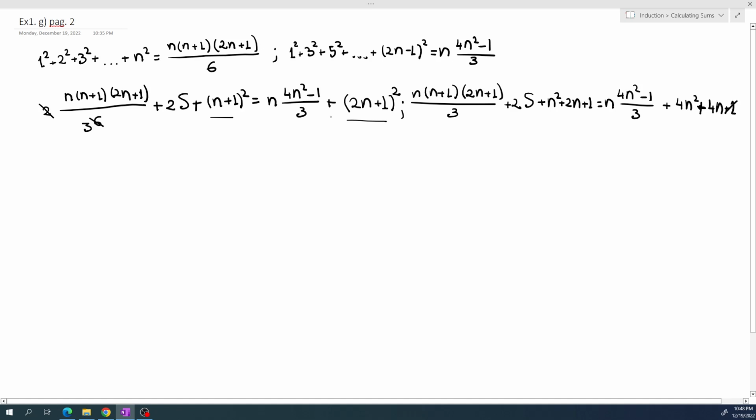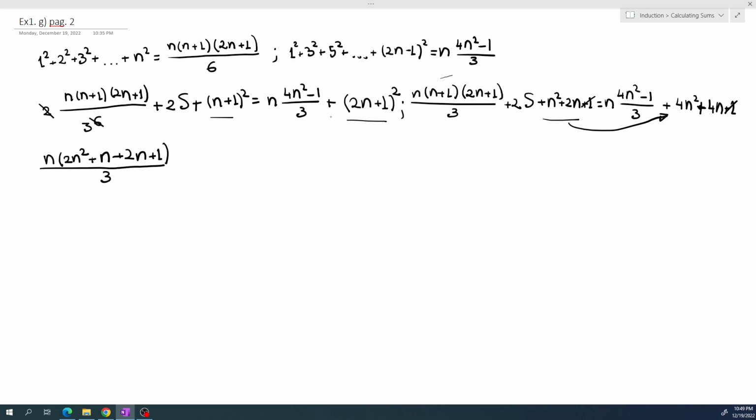Again, 1 is cancelled, and the next step is to transfer these terms to the right and to do these multiplications. And I will have actually something like n multiplied by 2n squared plus n plus 2n plus 1